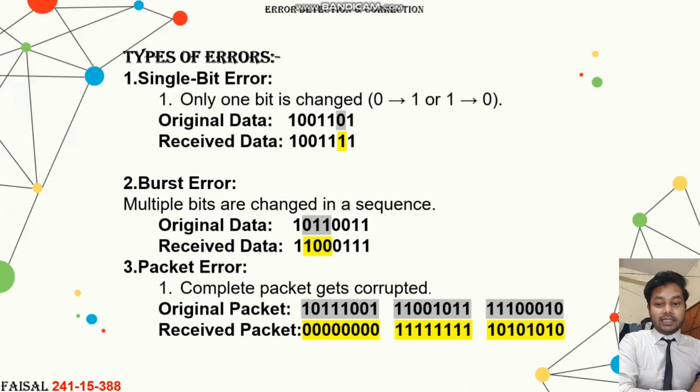And if more than one bit is changed, then we call it burst error. Packet error, basically when we send the data, and if